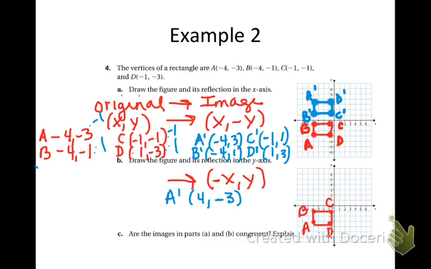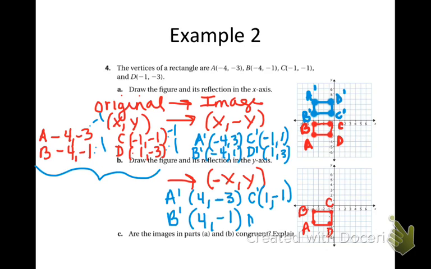So remember, I'm going back to my original. B prime would be negative 4 times a negative 1, which is a 4, and keep the y. C prime would be negative 1 times negative 1, and keep the y. And in D prime, I get 1 times a negative 1,